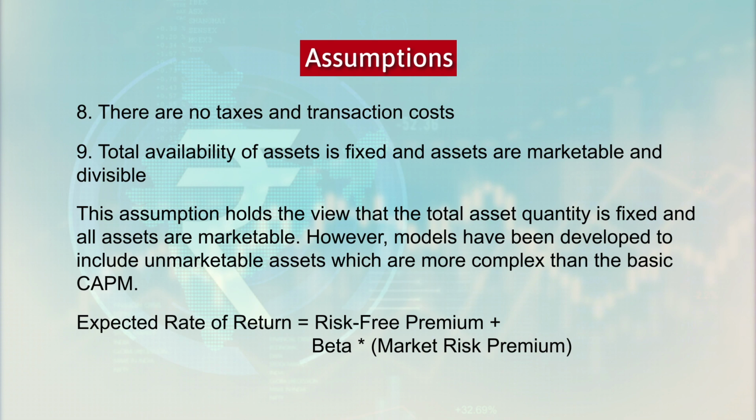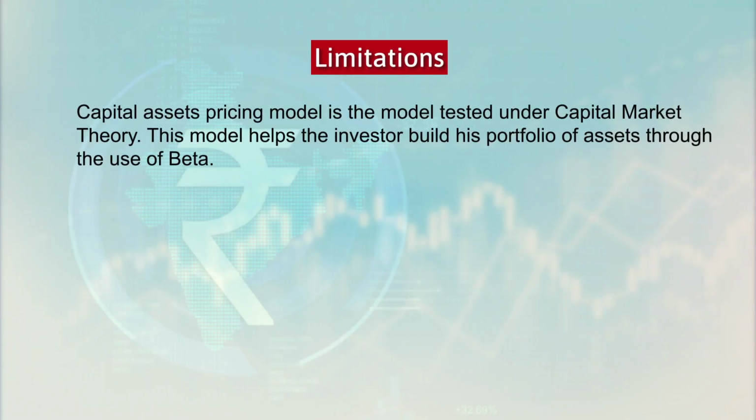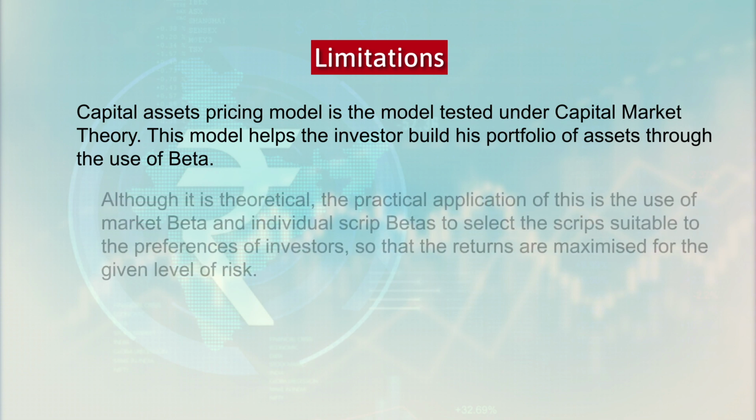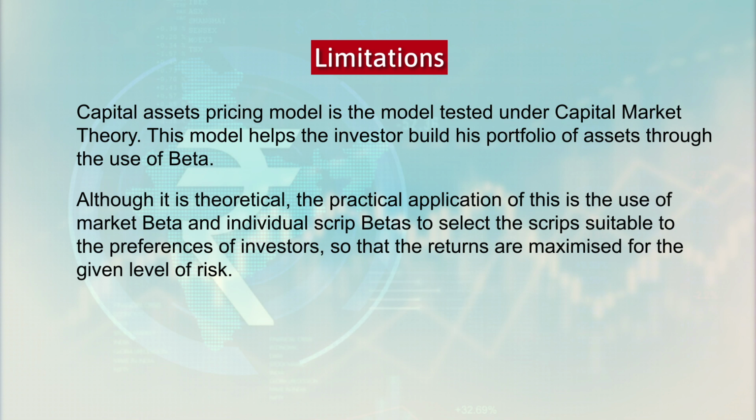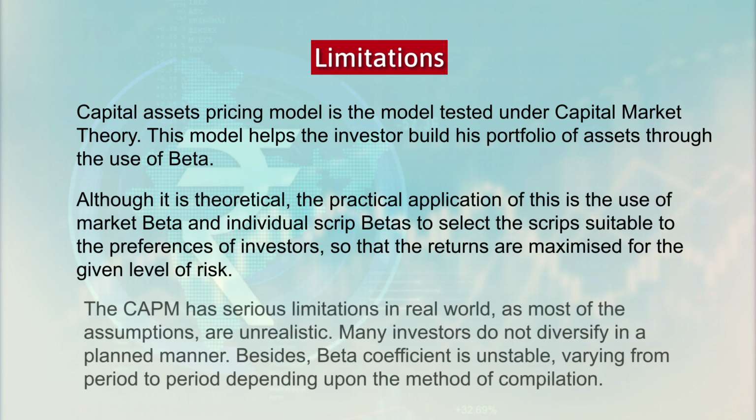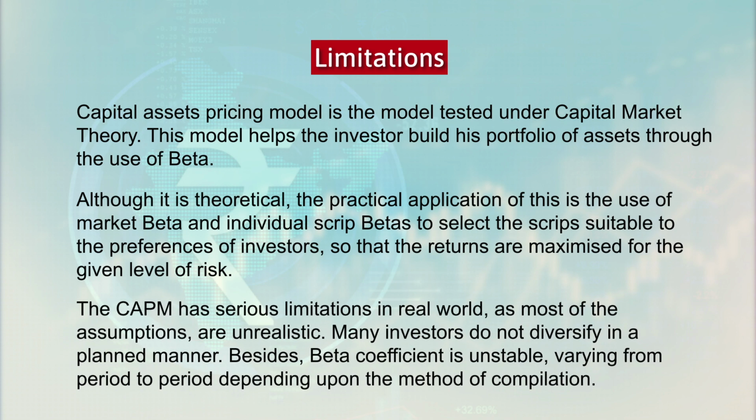We come to the end of this module where we talk about the limitations of the capital asset pricing model. The capital asset pricing model is the model tested under the capital market theory. This model helps the investor to build his portfolio of assets through the use of the concept of beta. Although it is theoretical, the practical applications of this is the use of market beta and individual script betas to select the scripts that are suitable to the preference of investors so that the returns are maximized for a given level of risk. Second, the CAPM has got various serious limitations in the real world, as most of the assumptions